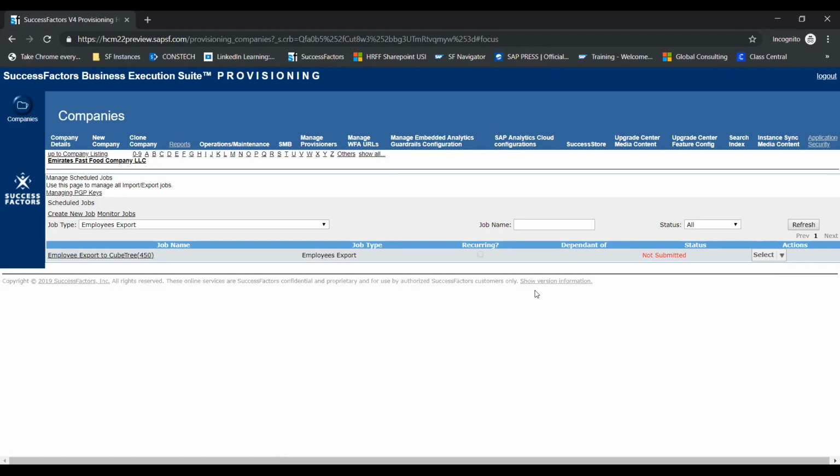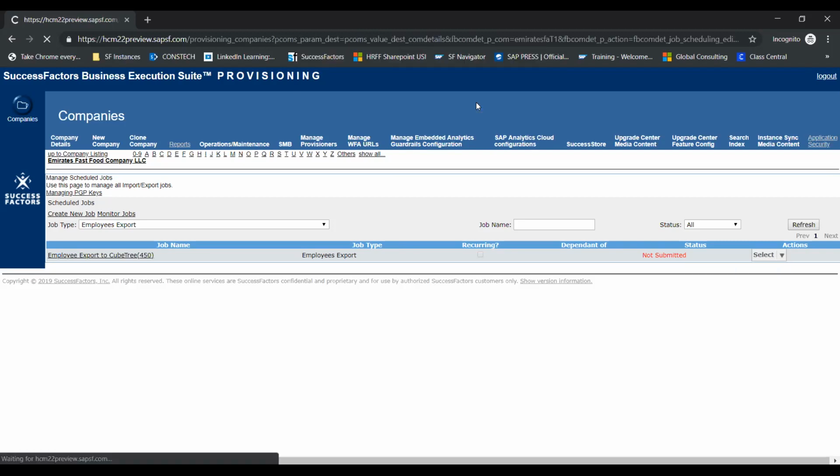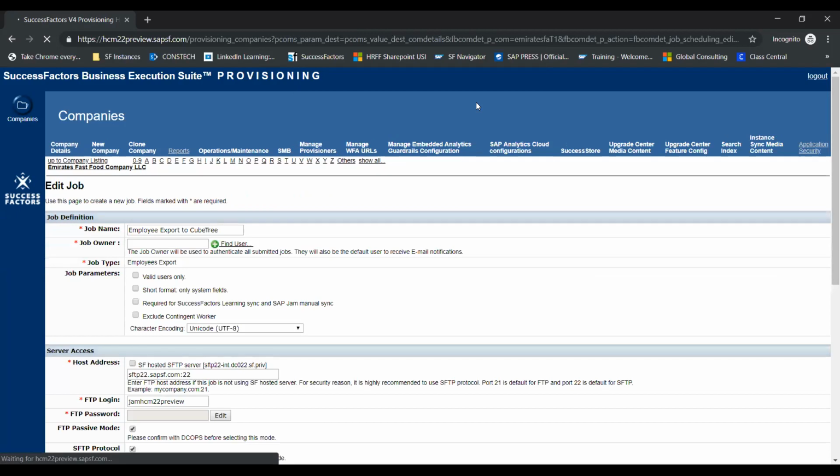So for that you have to schedule this job. Once you schedule this job, all this employee data will move to the SFTP. After that, you have to run the connector, the scheduled program in the connector, that will take all the new employee hire data from the SFTP. So that is the overall concept.